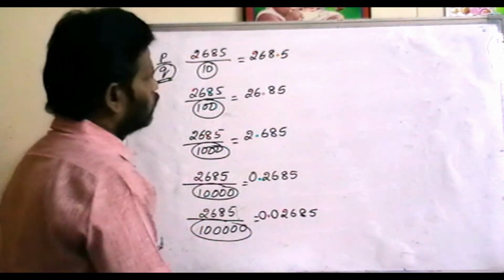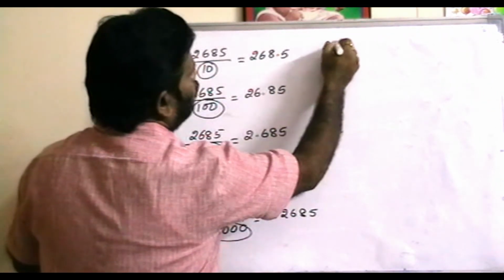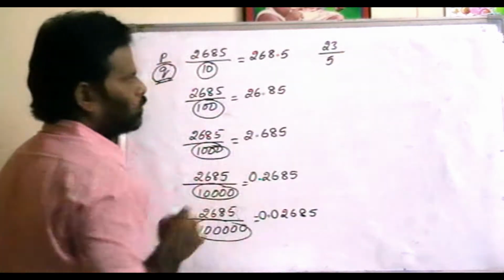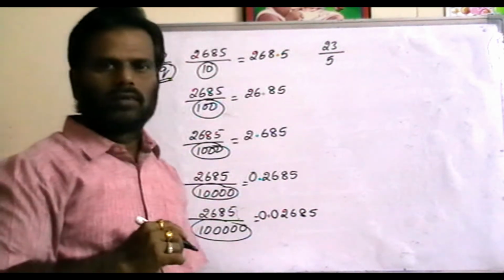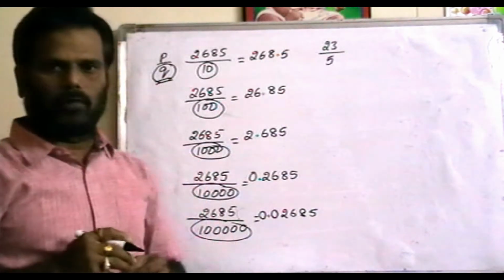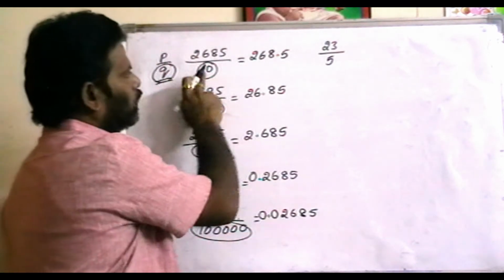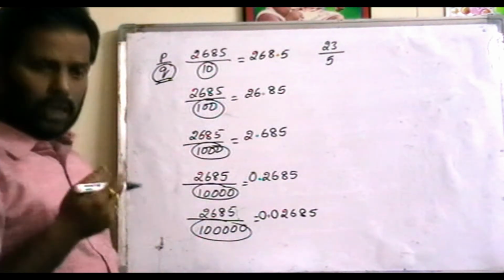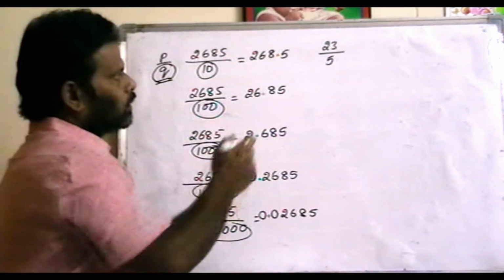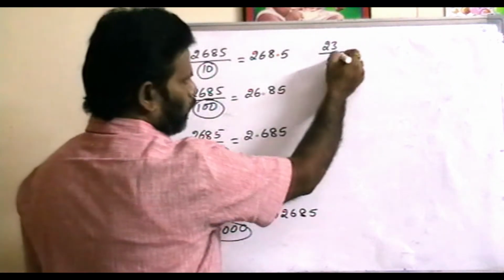Okay, suppose 23 by 5. Without division only, we have to change it to the decimal form. It is simple: make the denominator q part into the nearby round figure. Nearby round figure means either 10, 100, 1000, up to 1 lakh and so on. So 5 into how much gives a nearby round figure? If it is multiplied by 2, 5 2s are 10.